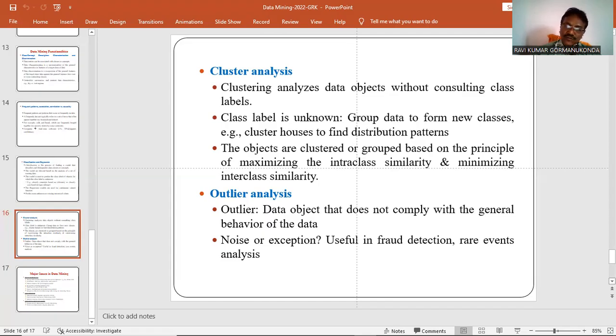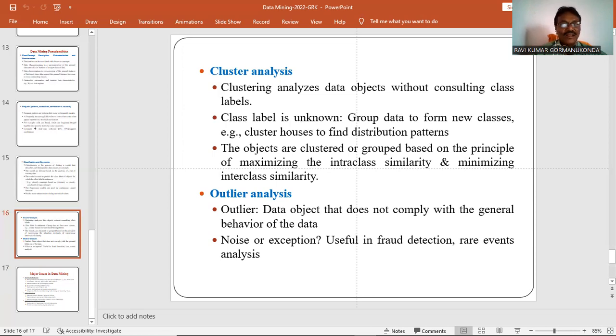So it is useful for fraud detection or rare events analysis. Generally, when data comes from different sources, some of the attributes may have an unknown value, or it does not comply with the general data. For example, in the age attribute column, say -5 is there. So an age of -5 is not a normal value.